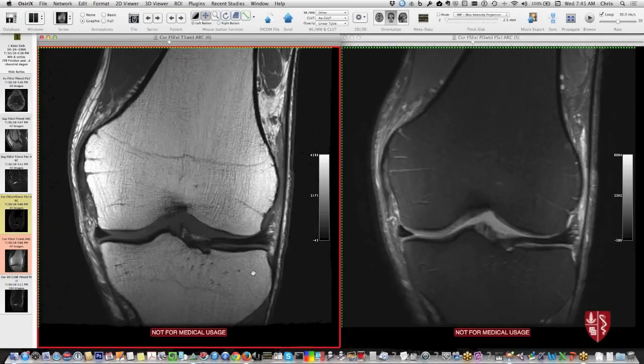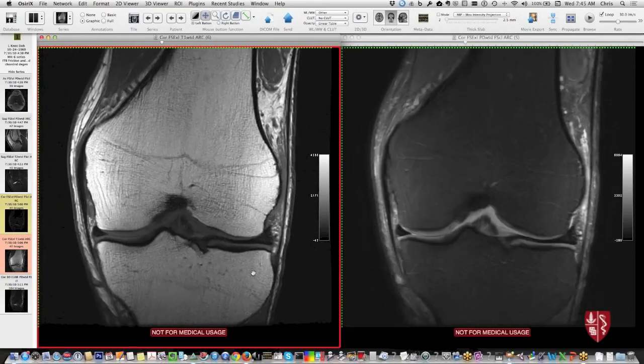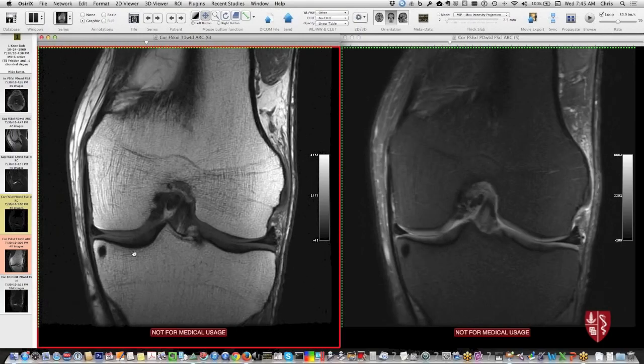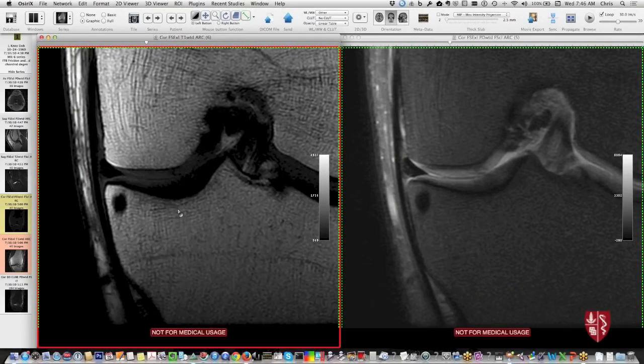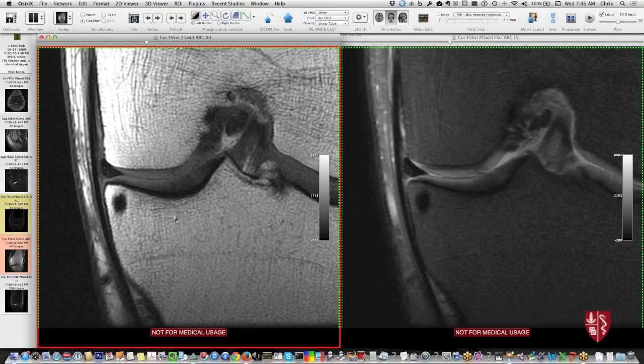So that's ligaments. And then I turn my attention to the menisci. And here it may be helpful to zoom in just a little bit. And I'll try to window this. I think the important thing is to make sure you look at the short echo images for the menisci. Don't get tricked into just using the fluid sensitive images, because in heavily T2 weighted images, you may have signal in a meniscal tear drop out, and you can miss a tear on the heavily T2 weighted